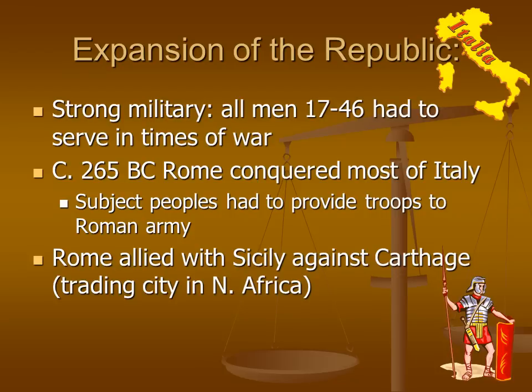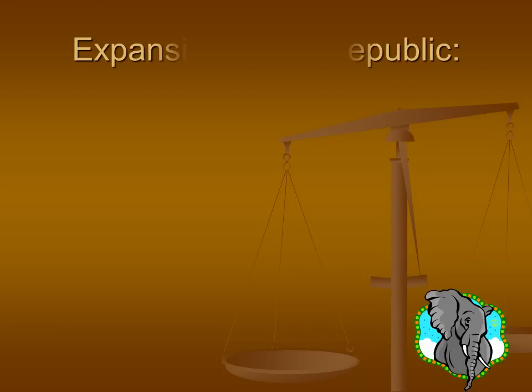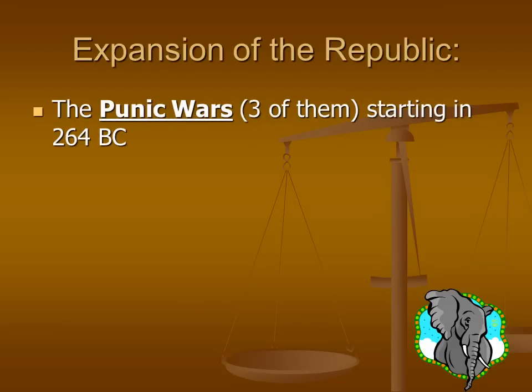If you're a young soldier and you show courage in action, you get praise, you get gifts. If a unit, though, flees from battle and retreats, one out of every ten men from that unit is put to death. So they have pretty harsh methods. Now, one of the areas that they're going to go through is Carthage.